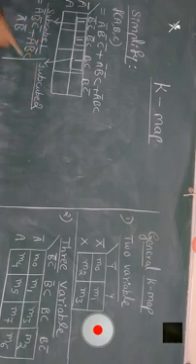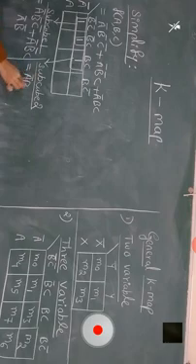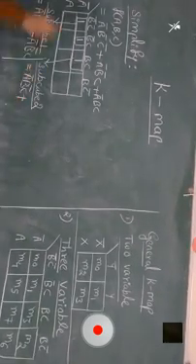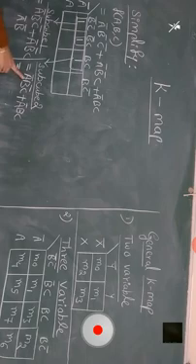What is the result we get? See here, A bar, B bar, C plus A bar, B, C is equal to, okay, which is the common term among this? We can see here A bar, C is common. Therefore, we will come across the solution as